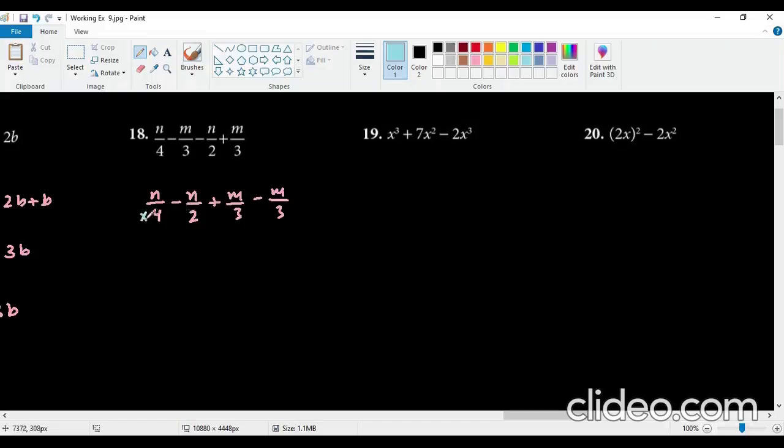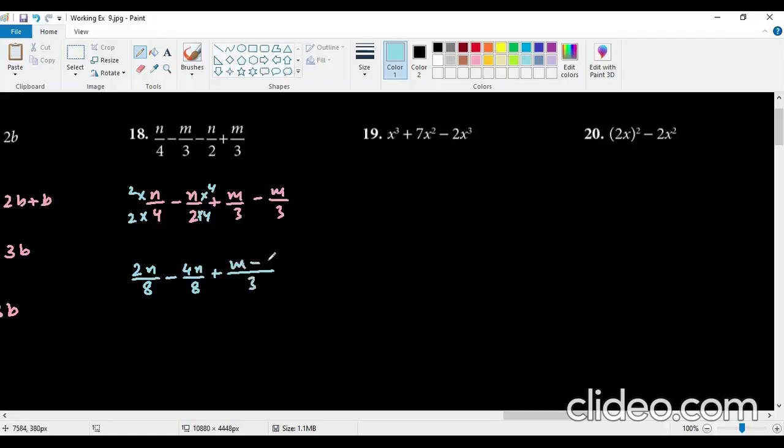I will make this one 4 times 2 is 8 and 2 times 4 is 8. So I'll multiply the numerator also by the same number like this, and since the 3 denominator is same, I will not do anything with that. So it is going to be 2n over 8 minus 4n over 8, and plus, I will write once only,